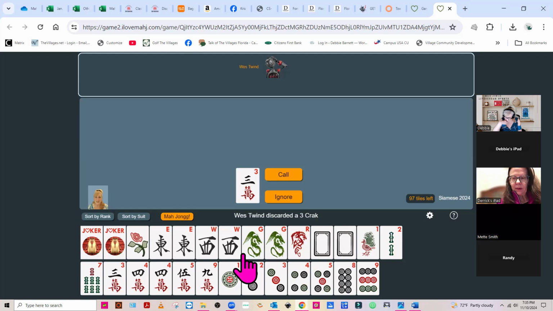The top, the line above it is red, but let's see, what else can we do that has multiple dragons? Maybe